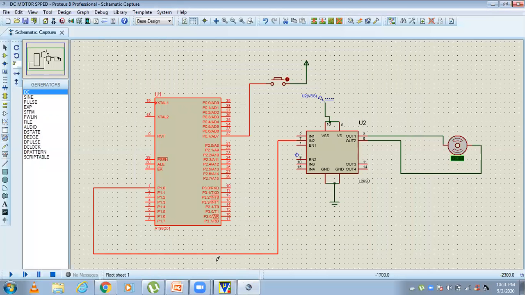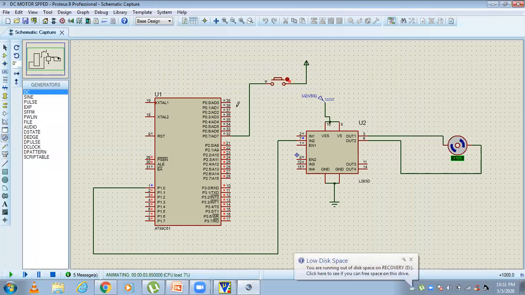And give OK. Now run this. Now check it here.